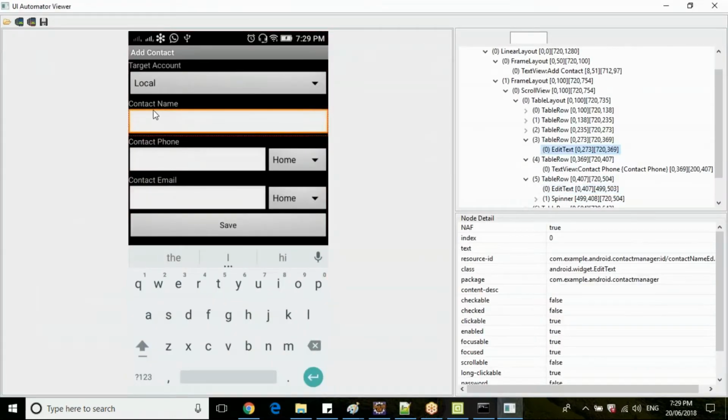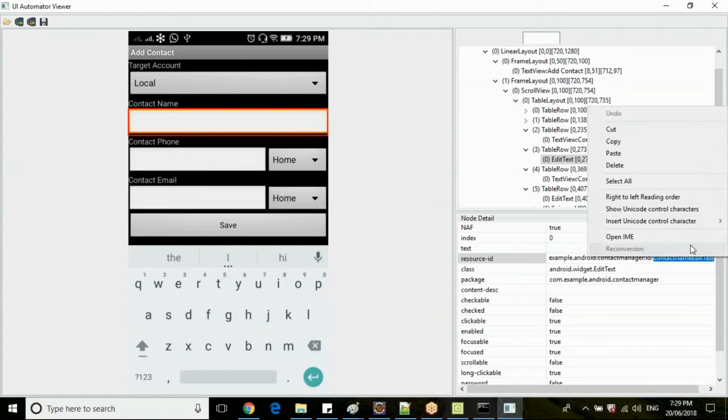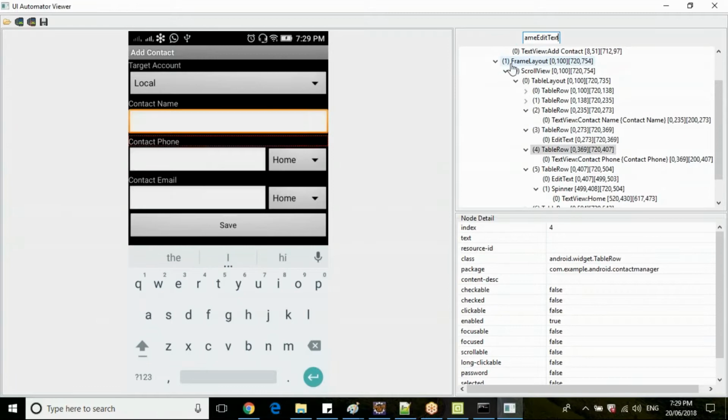Now, what are the elements we need to identify? We need the contact name, guys. What operation do we need to perform here? Send keys is the operation we are going to perform on the contact name.